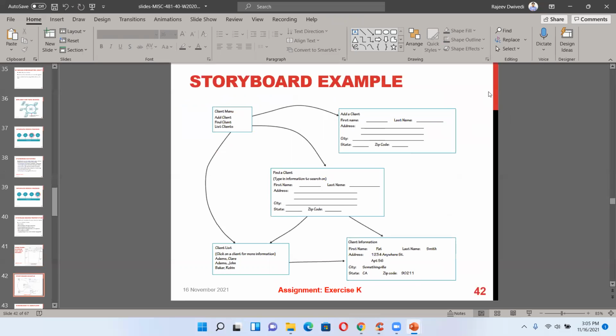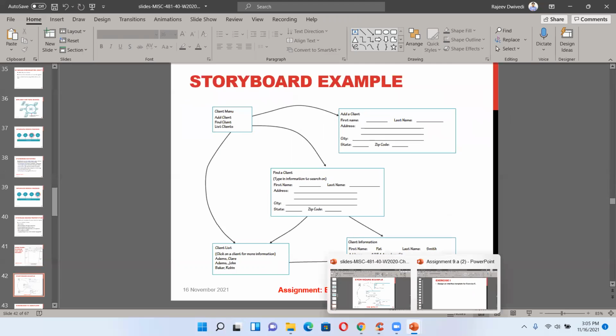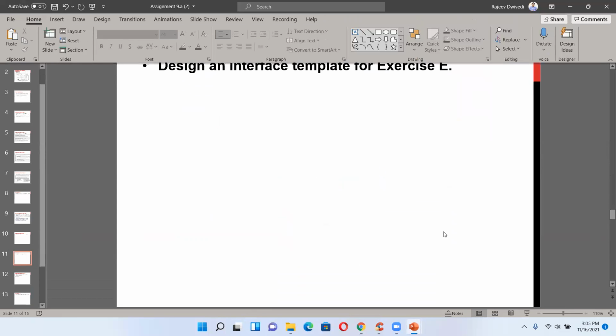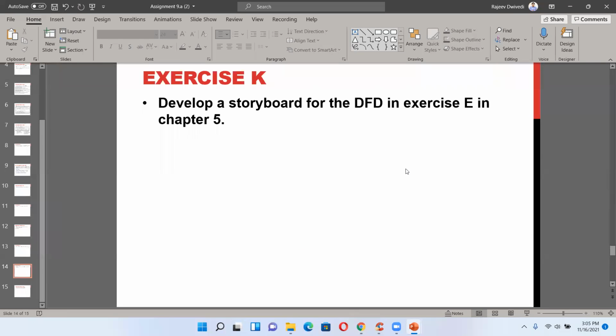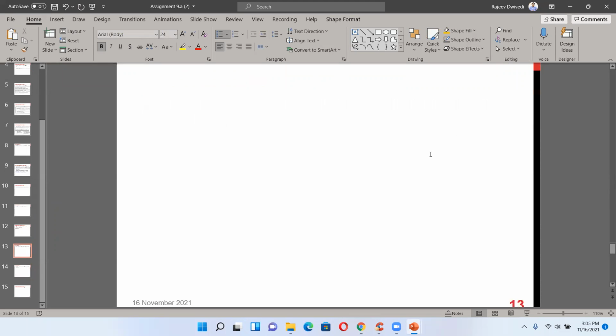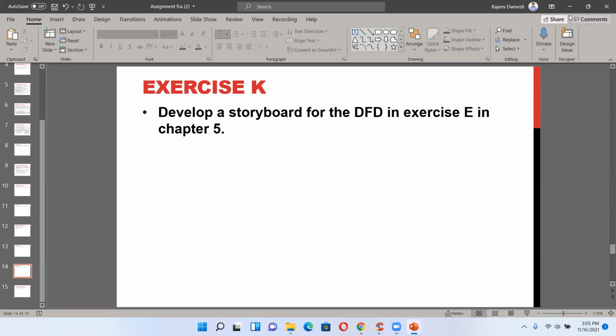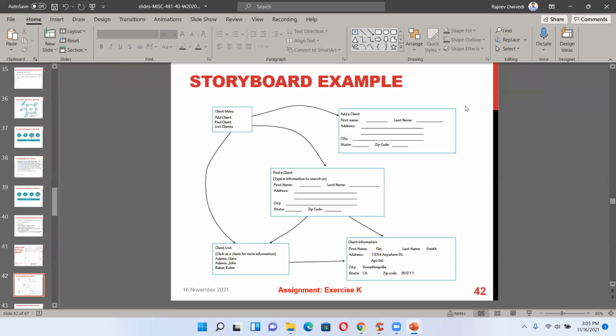A storyboard example. So basically, if you remember, this is the exercise related to K. I don't think I need to explain storyboard. The question is: develop a storyboard for DFD and exercise E in chapter 5. So you are going to develop the storyboard. Here is the storyboard example, which we have learned since our school times.